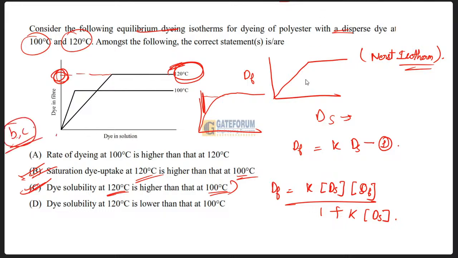I hope you must have understood. The rate of solubility of the dye and the saturation dye uptake are higher at the higher temperature. So these things must be clear to you. Now coming to the next question, it says that